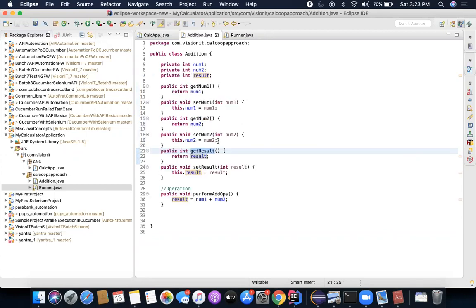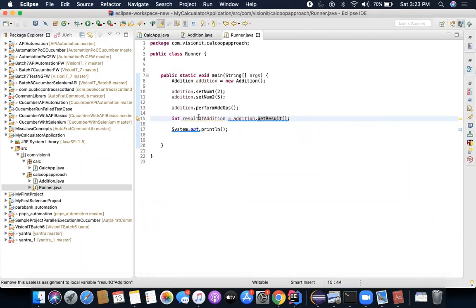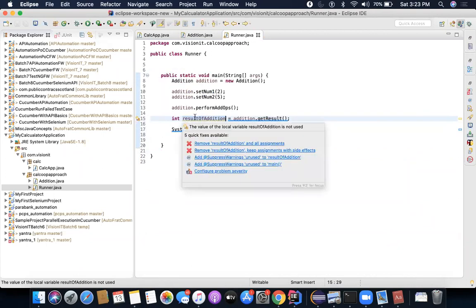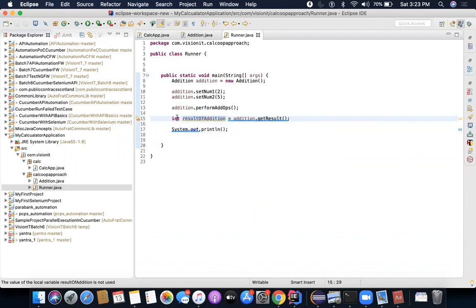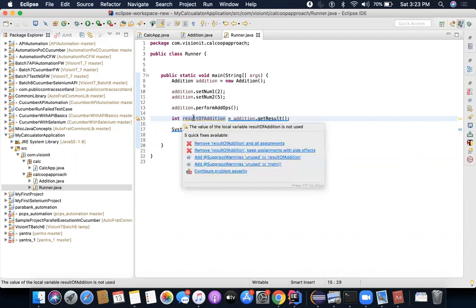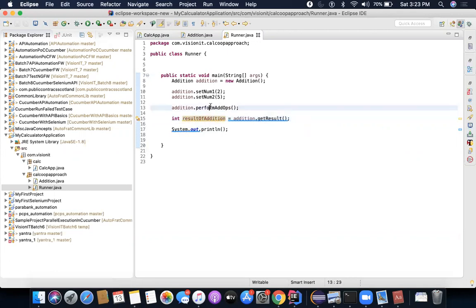If I press Control and click on that method, it takes me inside the actual method, which returns this variable result, right? So now in the result of addition variable whose type is int, I am getting the result of the addition, which is being returned by performAddOperation. So now if I go and print this addition result, I will simply print this.